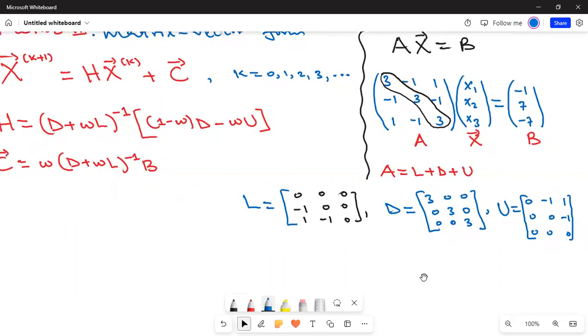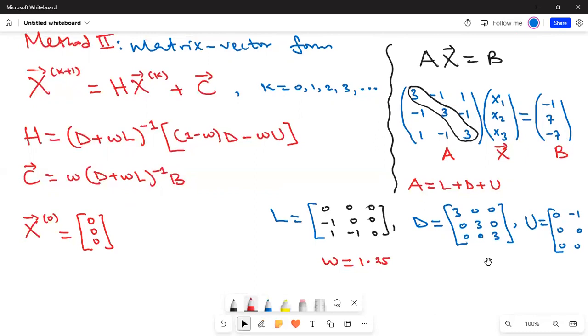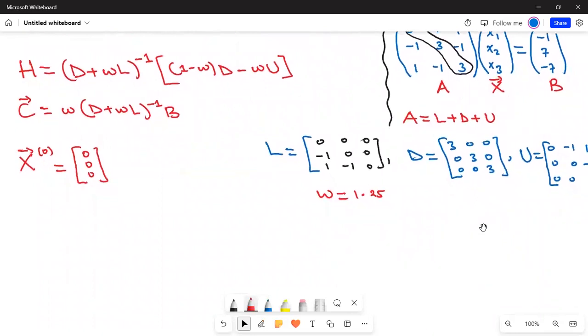So having found L, D, and U, and you know the iterative formula, and remember the value of omega we are taking is 1.25. Our x naught, or simply our x vector at level 0, the initial estimates, are given as 0, 0, 0. So with this, I hope you can do the iterations. Just take your time and work it out. Let me give you the answer for this,